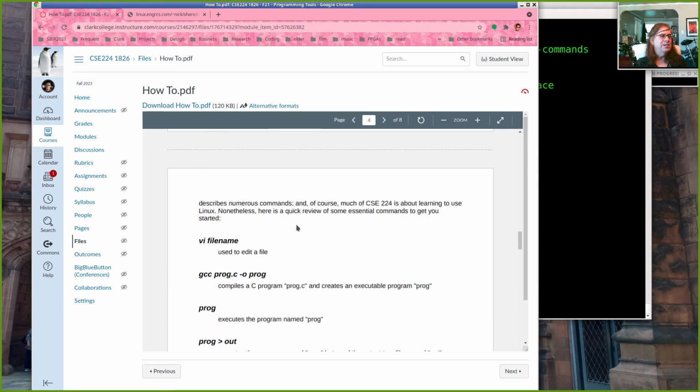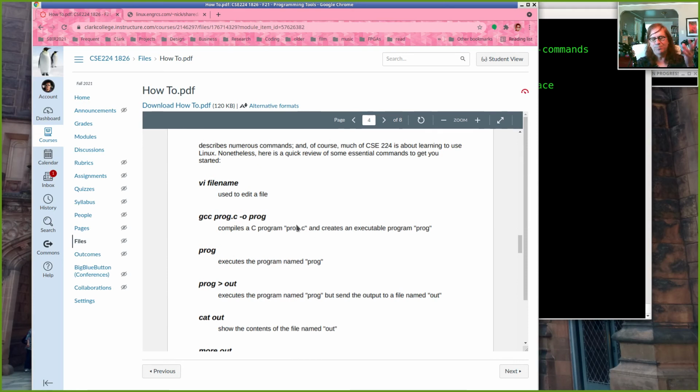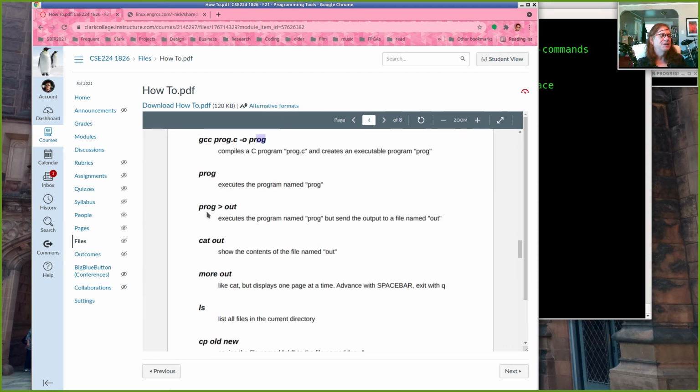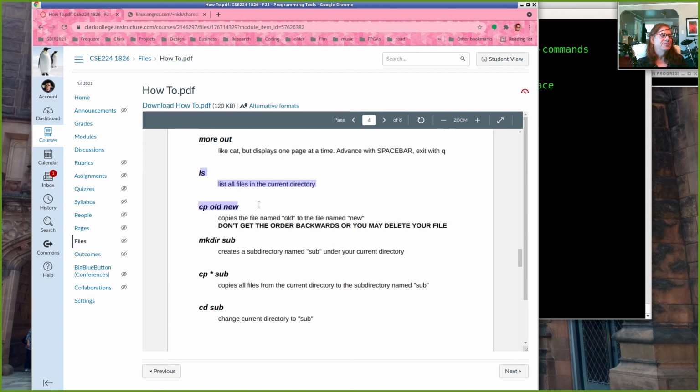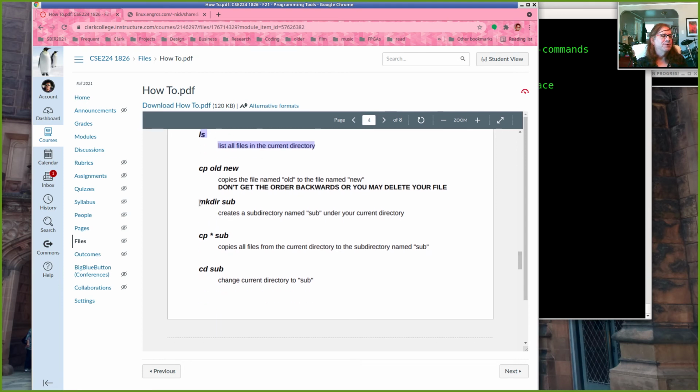And so this how-to guide also has some initial Linux commands that can be a good sort of memory refresher. So how to edit a file, how to compile a program, how to execute a program, how to capture the output of a program, ways to look at the contents of a program, ways to see the list of files that you have, and so on and so forth, moving around subdirectories and stuff like that.